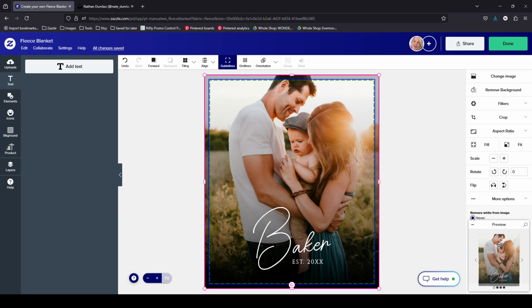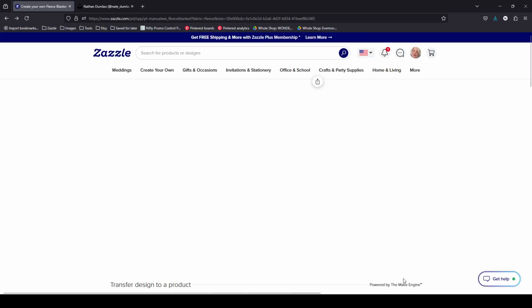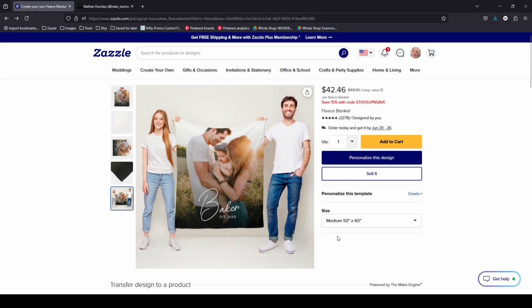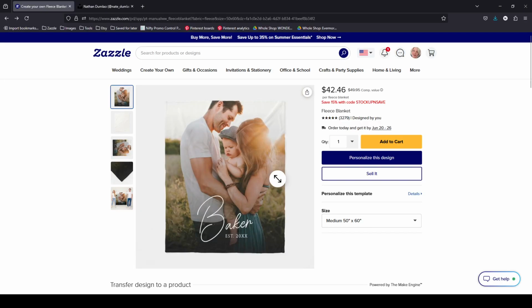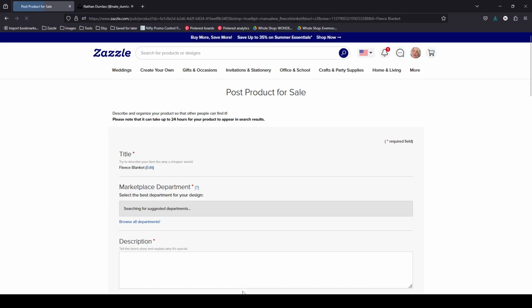Okay. Alright, so we are now done with that, and it looks lovely. By the way, this is the preview that I would choose for the blanket, just so they can see the size. Because remember, whichever image you have clicked, when you click the sell it button, that's the image that it will use. So if we go click sell it,